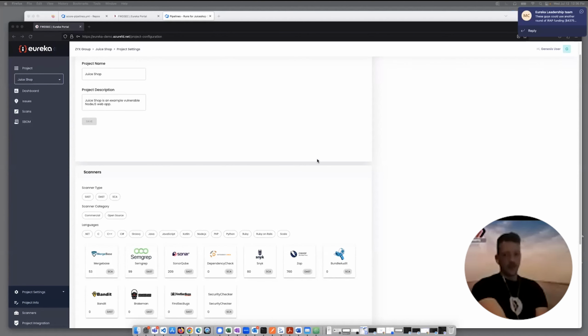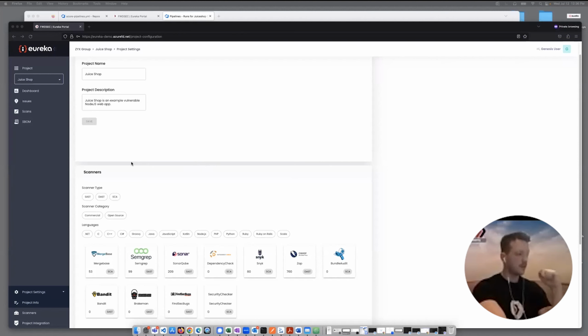Sure, no problem at all. I'll just share my screen. So yeah, as Farshad mentioned, the product itself is distributed via the Azure Marketplace. So essentially, do an install from there and walk through the full onboarding process. You'll get into the application, and the first thing you'll need to do is create your first project